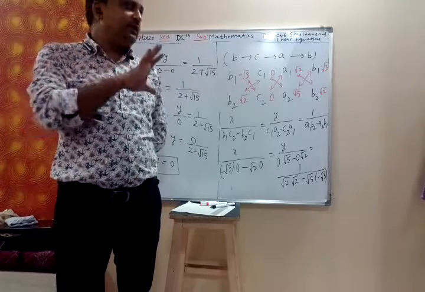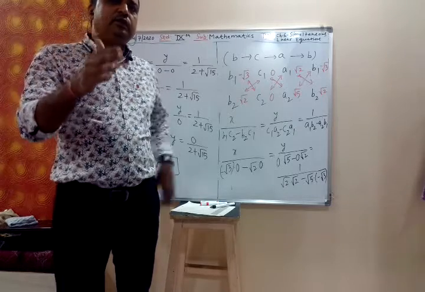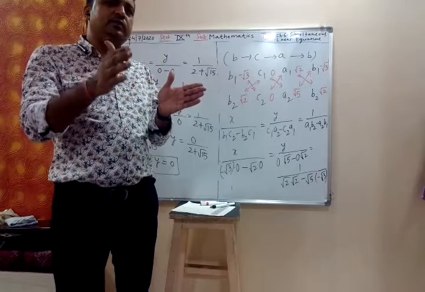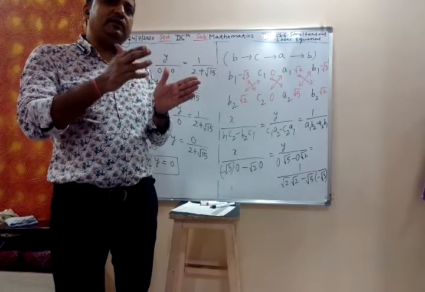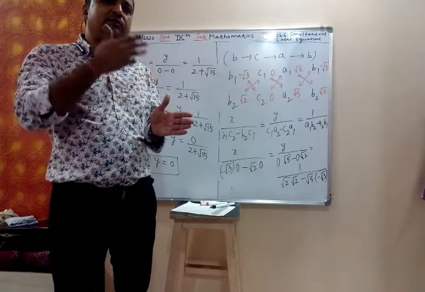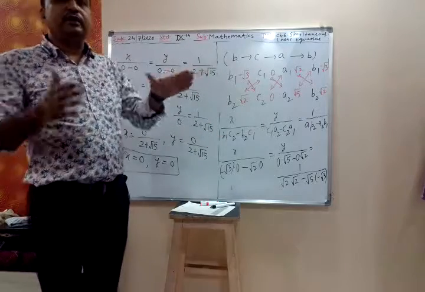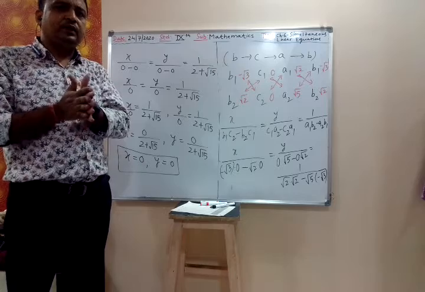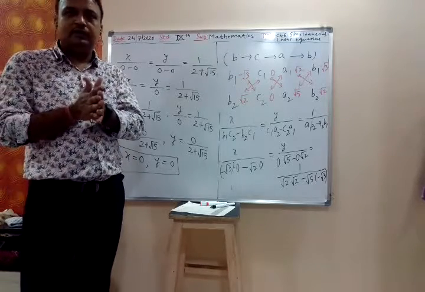They are based on this system of linear equations. They are given as word problems. Those word problems we have to convert into a system of linear equations. And once we convert the word problem into a system of linear equations, then to solve that system we have three methods: first substitution method, second equating coefficient, third cross multiplication. So by using any one of the three methods, we solve that word problem. So D, E, F, G.